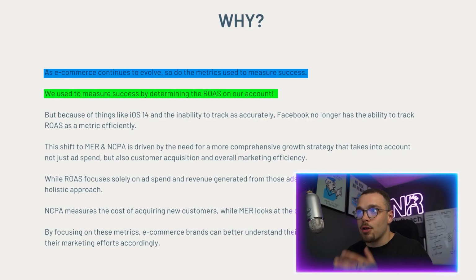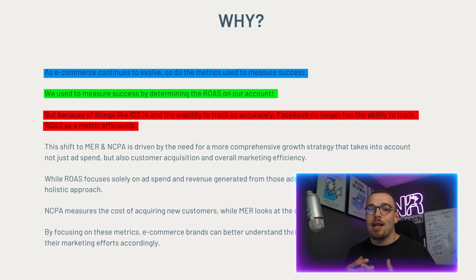So as e-commerce continues to evolve, right, so do the metrics that we're using to measure success. This is really, really important. We used to measure success by determining ROAS strictly on our advertising accounts, right? But because of things like iOS 14 and just a multitude of other things, right? iOS 17 just came out, it's getting rid of UTM tracking to an extent, right? Ultimately, there is an inability to track as accurately as Facebook once could. So the issue is more so that ROAS is not necessarily a metric that